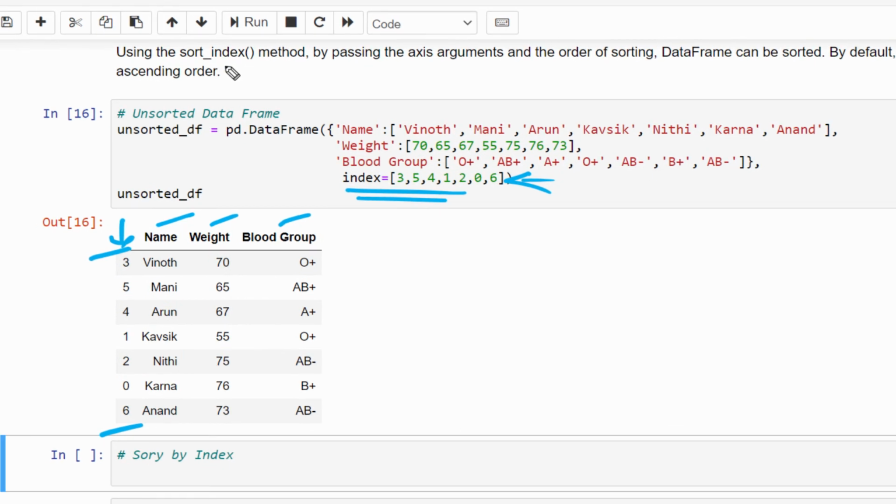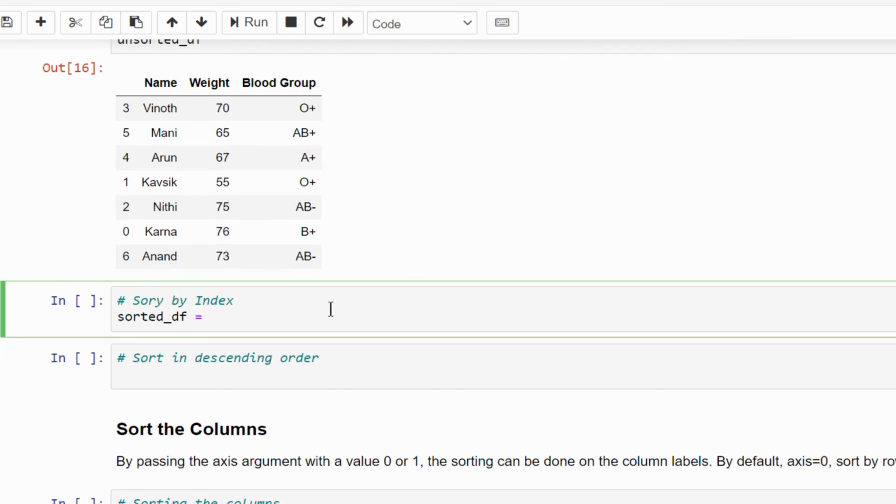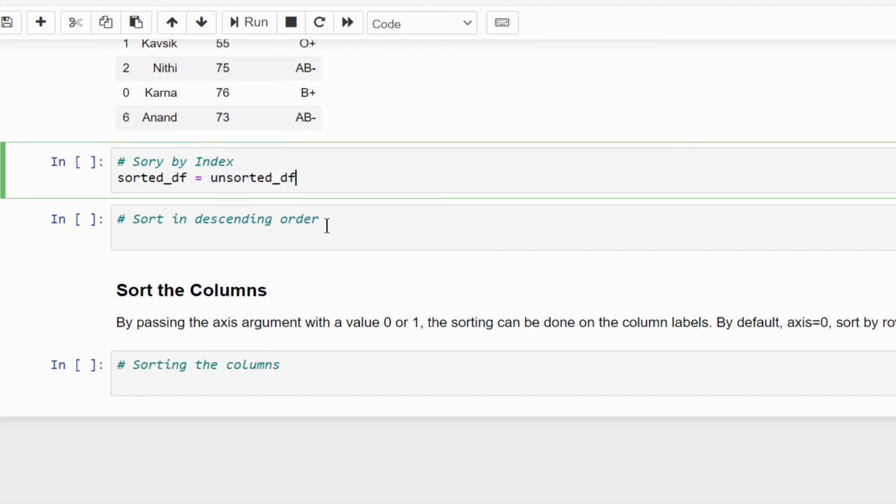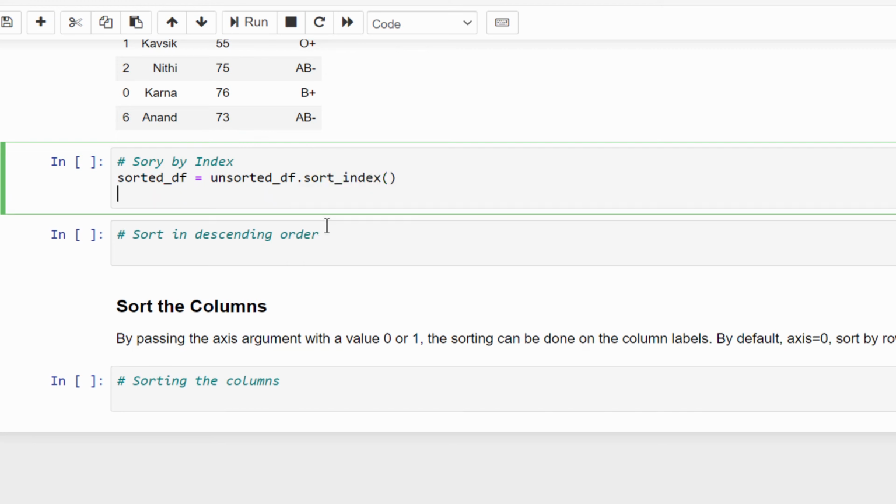In the sort_index method, we can sort using the index number. In addition to that, axis-wise also we can do it. Let me implement the code and show you. Sorted data frame equal to the unsorted data frame we already saved, dot sort_index. Just mention it like this. Let's try to display it.